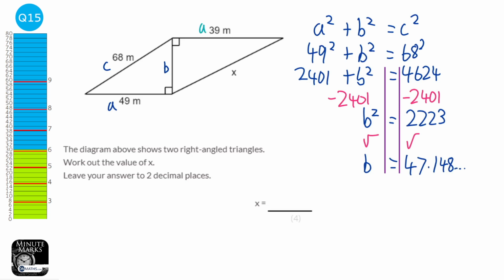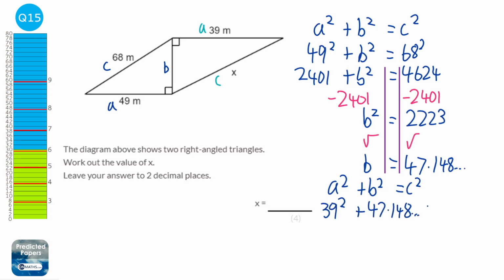This time we're going to have A, we've got our B, and we're going to call X the C. So it'd be A squared plus B squared equals C squared, but this time A is 39. B we are given as 47.148, we've just worked that out, and we're looking for C. In fact, we can call it X now. Okay, so we need to square that. So we do 39 squared plus 47.148 squared, and that will be 3,744